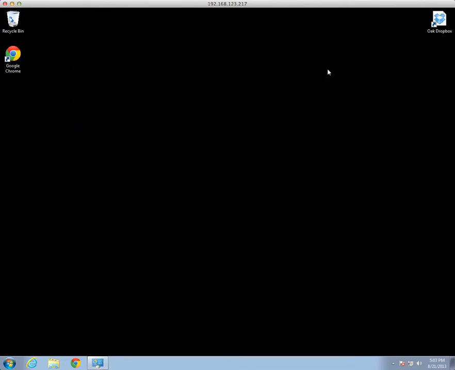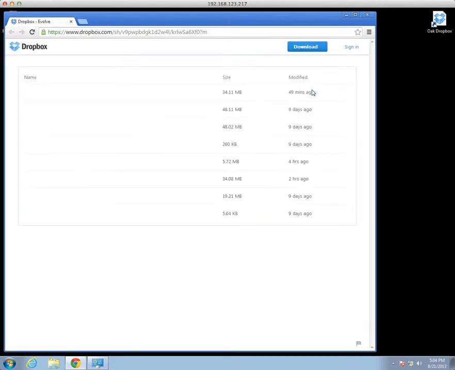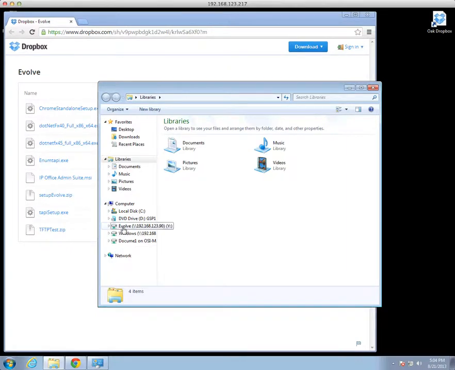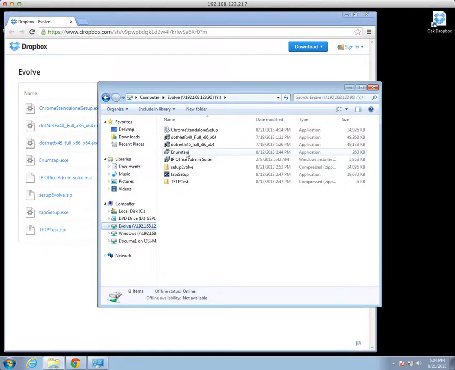And finally, we need to look at the TAPI side to see if it is actually functioning. So we have a tools download on Dropbox, which I'm just going to load up as we speak. And this takes me to a folder online with a few tools. And the tools in question here are the enum TAPI. I've also got a copy of this on my local drive, so I'm just going to mimic the same thing here. So if I run enum TAPI,